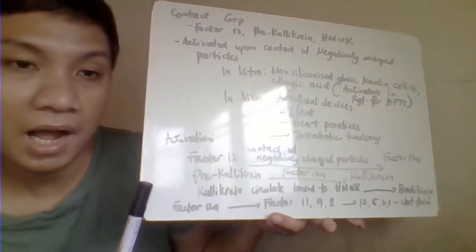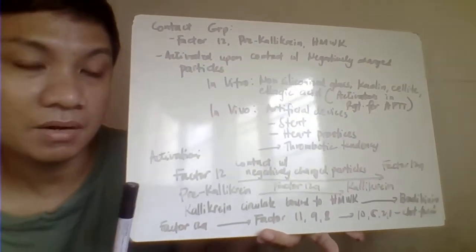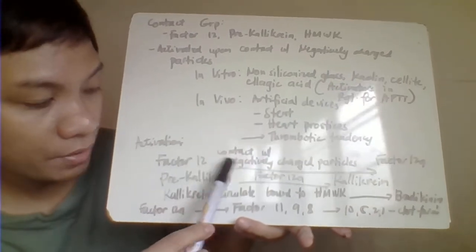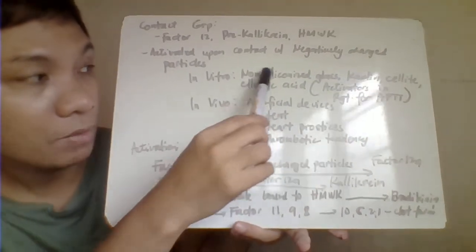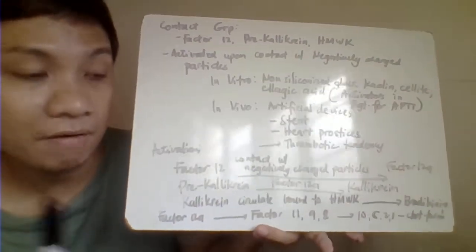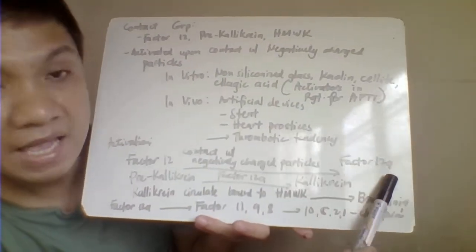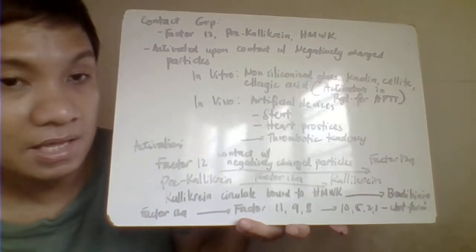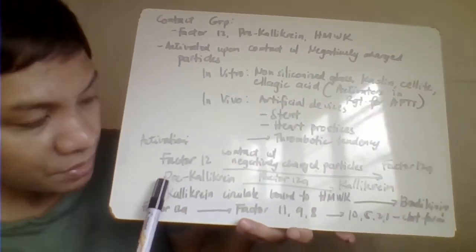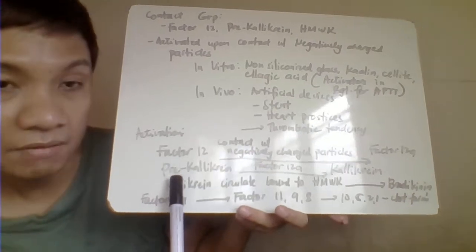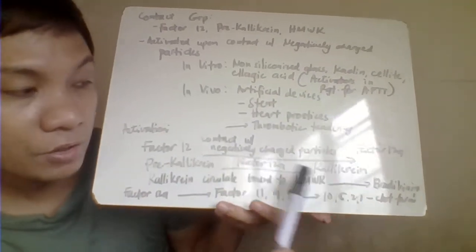Okay, then we have here how your contact factors are being activated. So start here upon contact with your factor 12, upon contact with any of these, either in vitro or in vivo, this will convert your factor 12 to your factor 12A. A stands for activated na factor 12. Once you have activated factor 12, it will convert your prekallikrein to your